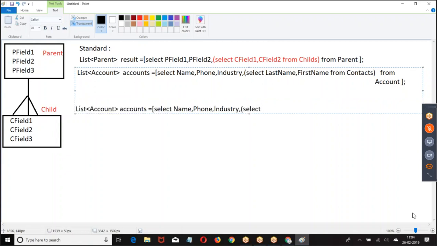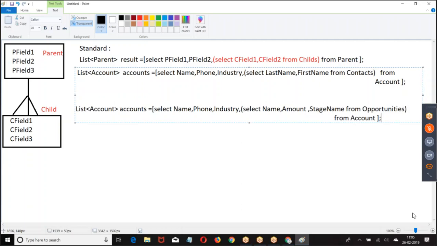Select name, phone, industry, select name, amount, stage name from opportunities, from account. This is how we create.